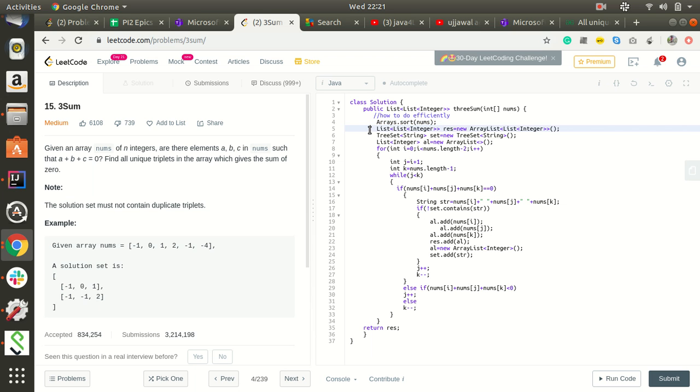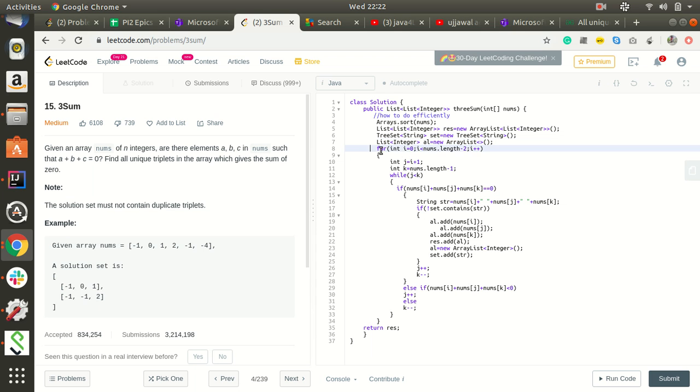Again, we have created a list of integer so that we can store the result set. We have a TreeSet of string, so it stores the result in sorted order. This is the list of ArrayList which will be added to the result set.